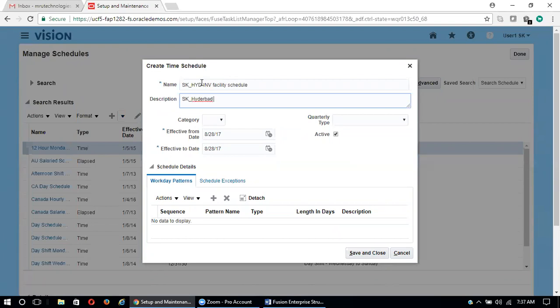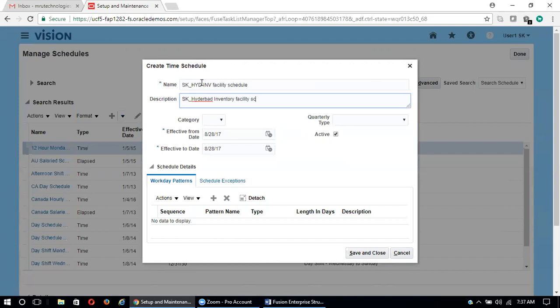We can create one facility schedule and use it across inventories, or if timings differ from one inventory to another, we can create it individually for each inventory. Okay, so select SK underscore Hyderabad inventory